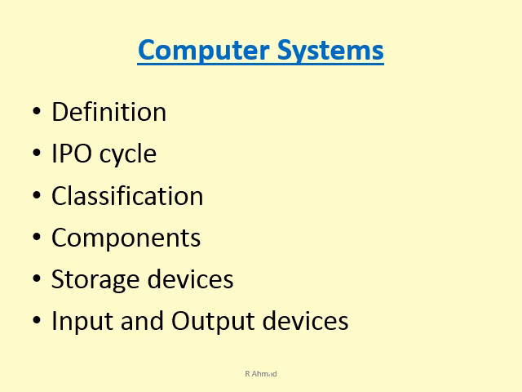If I say classification of computers on the basis of type, or on the basis of input data, we can divide computers into three main categories: analog computers, digital computers and hybrid computers. When I talk about analog computers, these are devices that can accept any input which is continuously changing with time. If you have a device like this, then you can say it is an analog device. The examples that we discussed were thermometer and voltmeter.